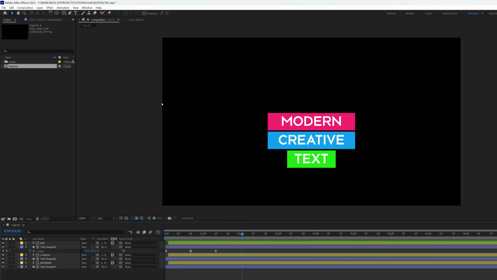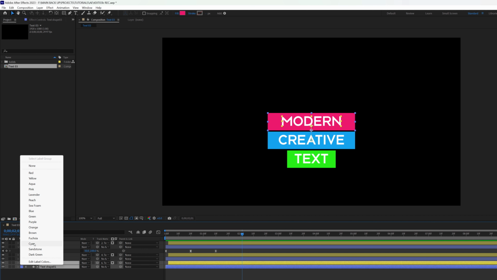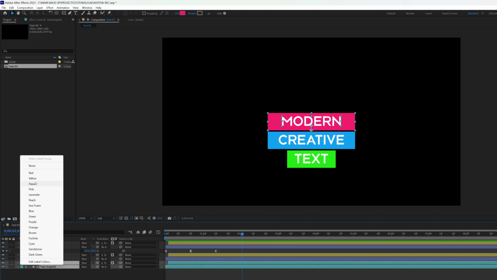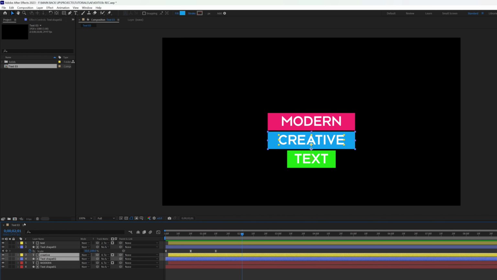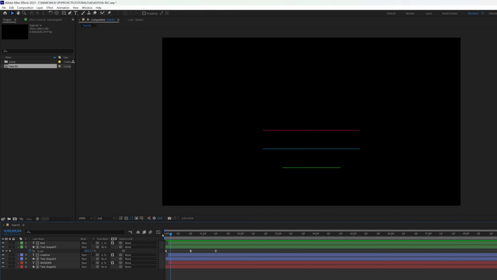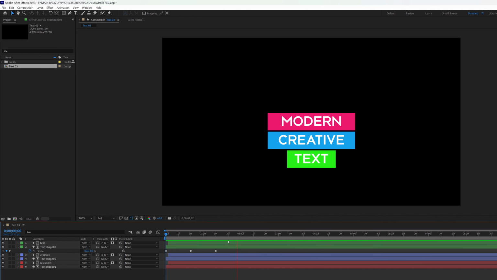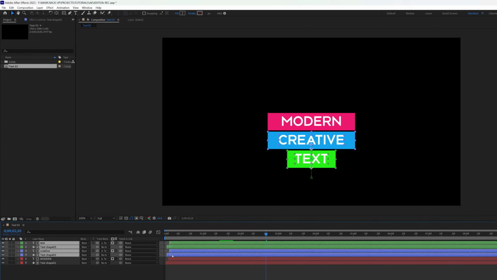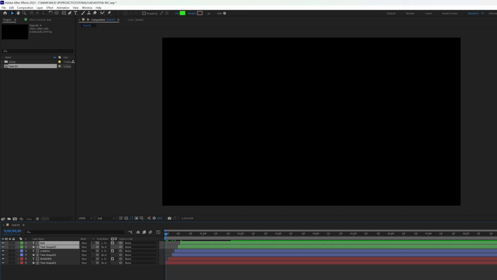Okay, really cool stuff. So let me just change the color of this so I can easily differentiate them. Maybe I should use the colors accordingly, right? So this is either red or pink or purple. Let's do red. This is blue and this is green. We are done with this particular animation here, right? I'll take this and this here, offset it 2 frames backward, take the last one here, offset 2 frames backward, and if I play this now,